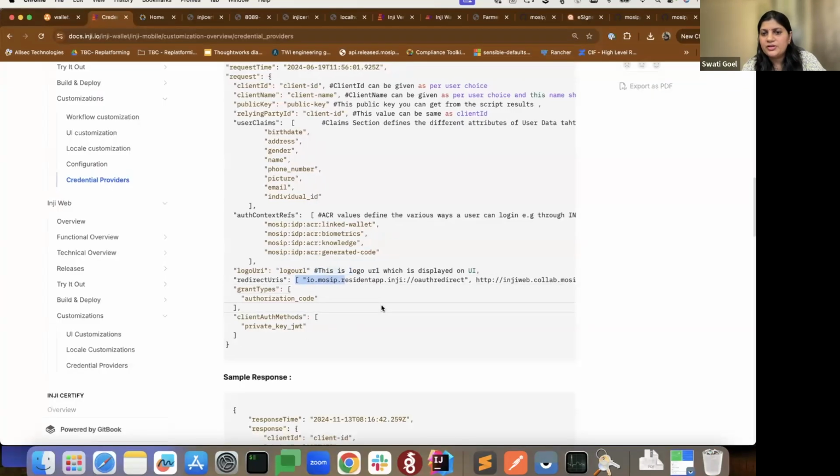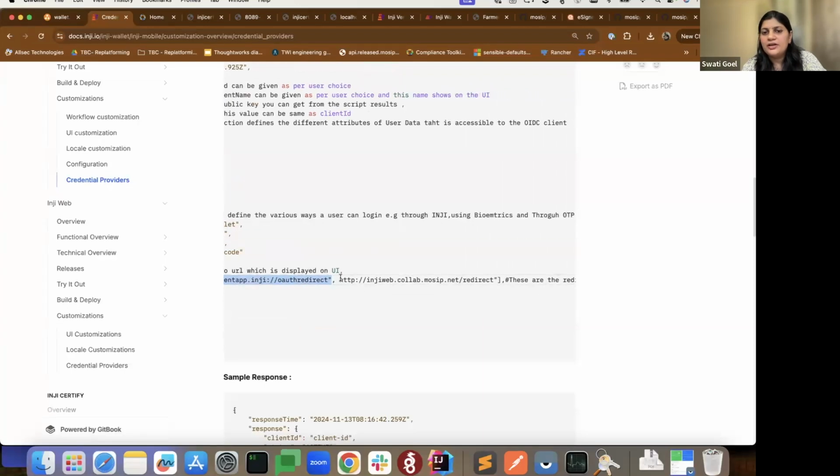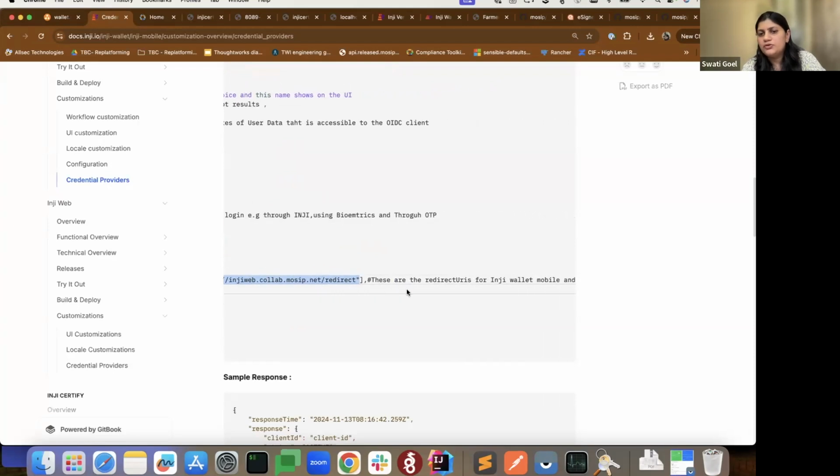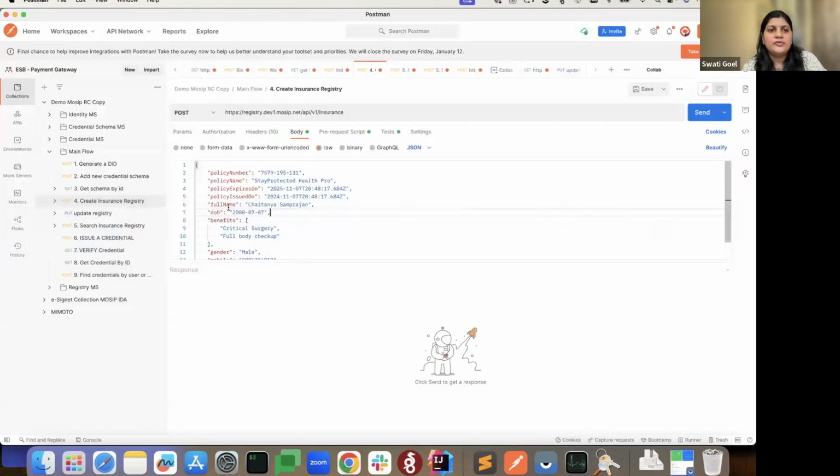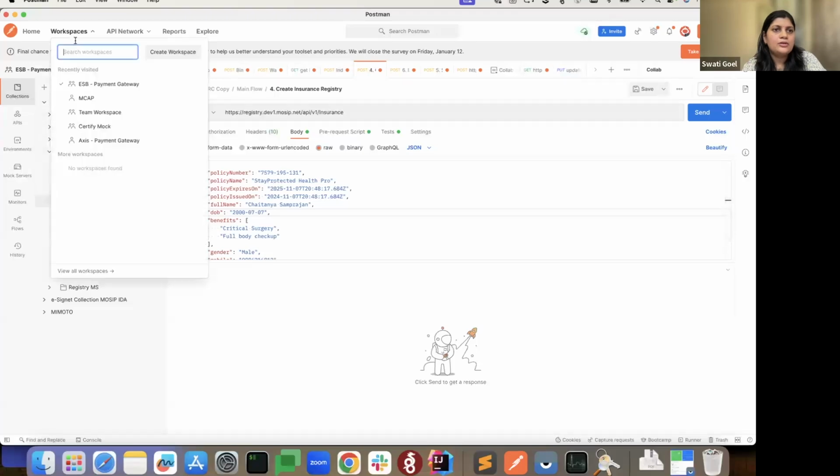Redirect URI, we have mentioned a few here. This is the fixed one for the Inji wallet, which is our application. Next, you can have n number of redirect URIs depending on where you're using it. This is one of the Collab environments where we have deployed Inji Web. And if you want to use your local setup also, we can use that also. So I can show you for the local setup. I am running Inji Web on localhost 3000. So I'll just change to the